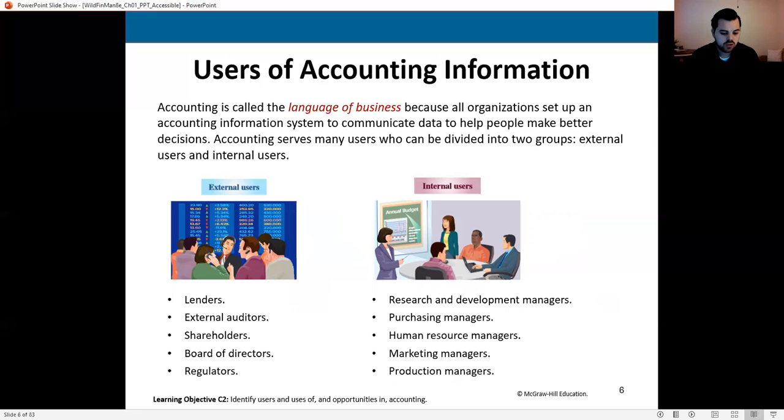So we see external users include people like lenders, so maybe the bank, your external auditors, right? It's right there in the name. They are external to the organization. It is critical that they be because they are the ones coming in at the end of the year telling us if everything was done appropriately. So if they are not external to the organization, they may have a vested interest in one outcome over another, and we don't want that. We want them to be entirely independent so that when they issue that opinion on the fairness of those financial statements, we can trust them. They don't have any vested interest.